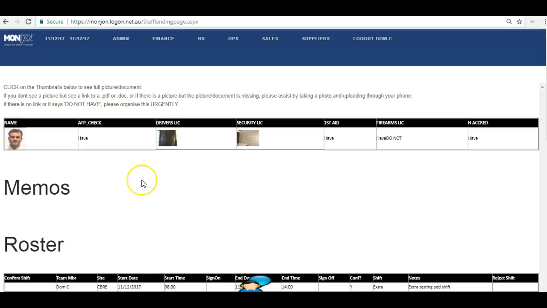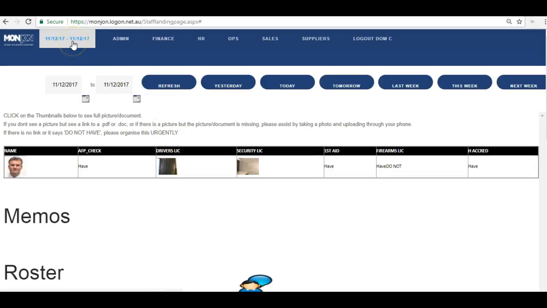So now I'm going to run through the different departments with you. Just to let you know, up here we've got the date. So basically, depending on what you want to see, you've always got to filter the date. Number one rule: if you're not looking at it and you're meant to be looking at it, it's because you haven't filtered the date. You could choose to filter the date by these calendars, or you could do yesterday,